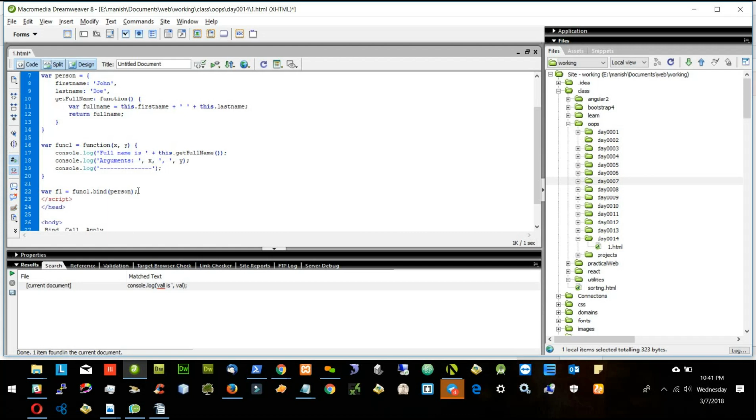So now I just created bind and assigned it to F1. Now here it takes two values. Now I can call F1 with two values. For example, I will say 1 and 2. So x will go as 1 and 2 will go as y. And this function 1 now in this case will take the object person whenever it sees this in the function code. So now if I save it and run it,